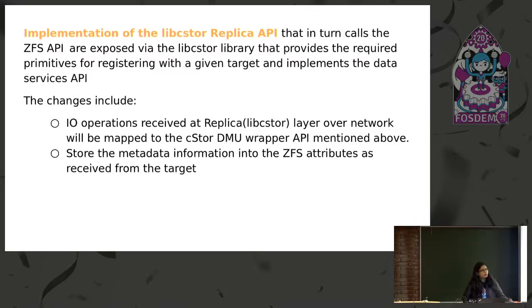After a pool is created, we want to carve out the volumes. So the same binaries will send a zvol command along with the target address. The target address is the same thing I told you about, which is used to send the IO operations. So the zvol will be created, and zREPL will make a connection to the target for the management connection to register